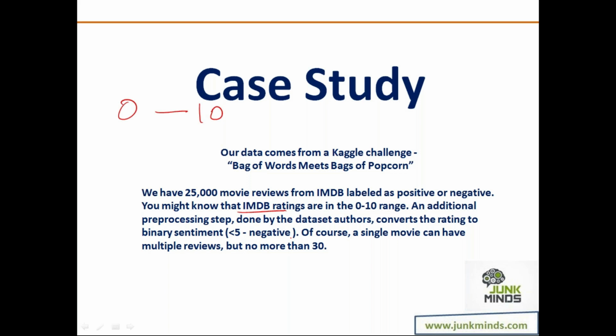Now over here, I just need to say whether the movie is good or bad. So what the developers have done is they've just converted this particular data. I can have so many different values, 1, 2, 3 till say 10. But what we've done is we've decided a threshold of 5. So if a movie has got a review of less than 5, we will say that it's a negative review, and any value greater than or equal to 5, we'll say that it is a positive review. And based on that, we are going to work. Now, this is an actual database from IMDB.